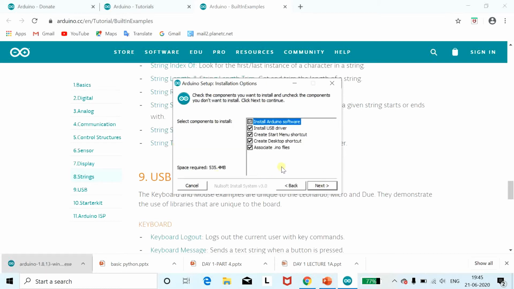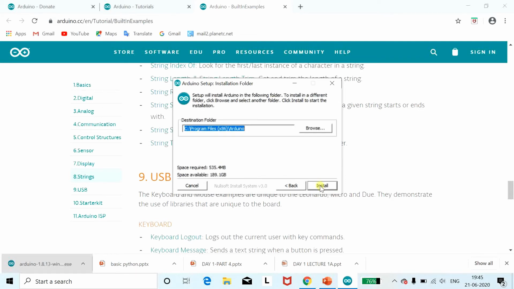Once you click on I agree, you will get some options like install software, install USB driver, create serial menu. Keep all the options as they are, because all those things we require, driver and all. Here we have ticked all the drivers, so mostly it will not ask us for a driver, but still, once you click on next, it will ask for a destination folder.